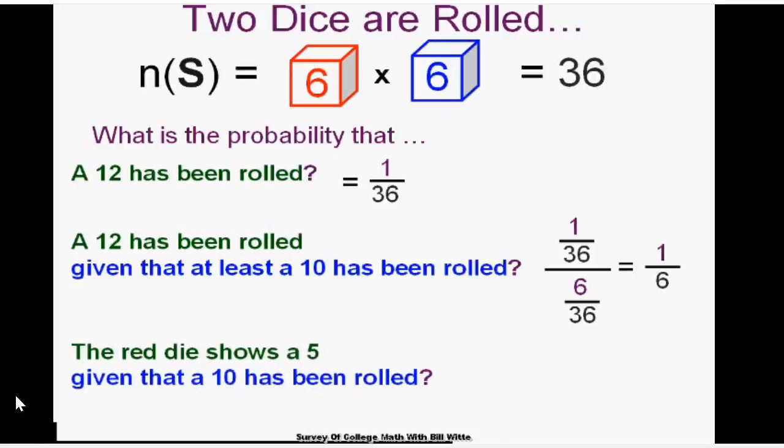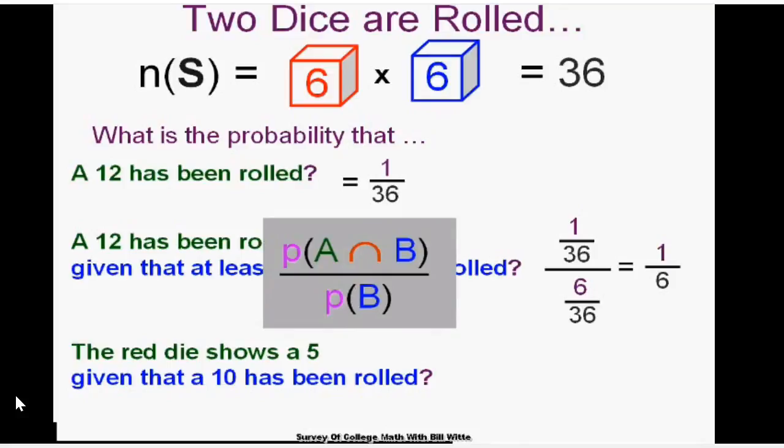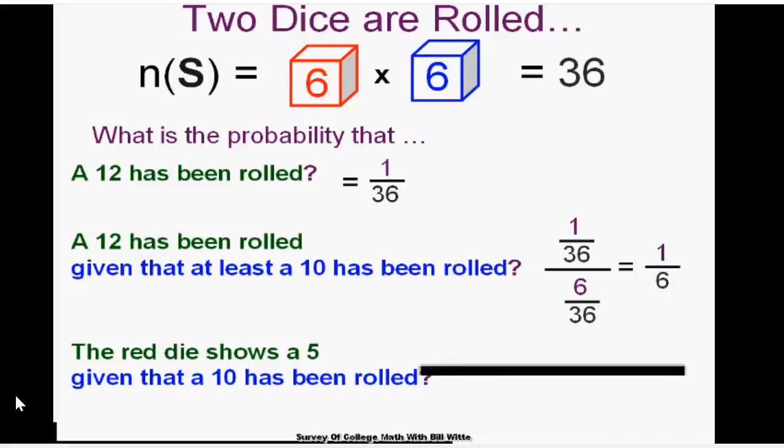What's the probability that the red die shows a 5, given that a 10 has been rolled by one of the two? I don't know which one. A 10 has been rolled total. Okay, that the red die shows a 5. Well, what's the probability that both happened at the same time? A red die shows a 5, and at the same time, a total of 10 has been rolled. Well, there's only one way for that to happen, isn't there? One way, a 5 and a 5, to get the 10 and to have a 5 showing on the